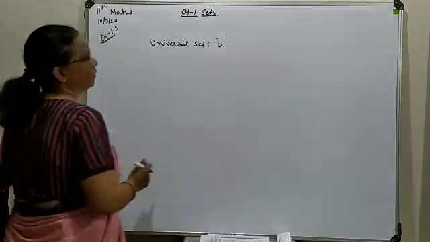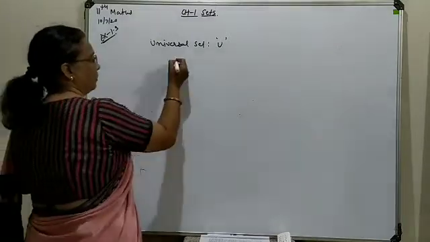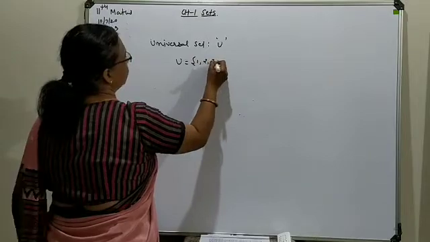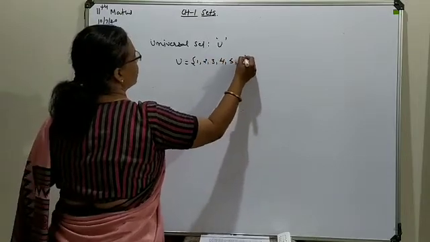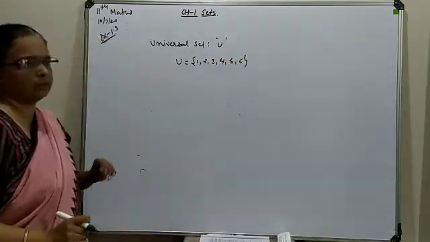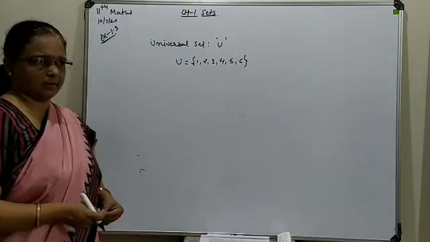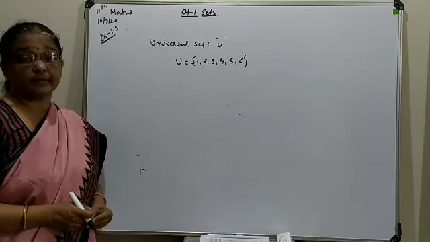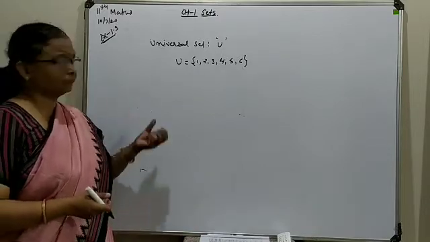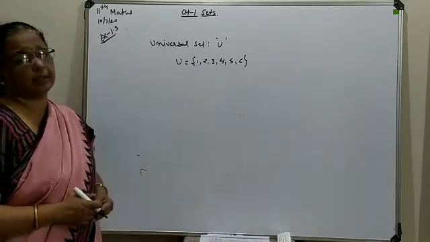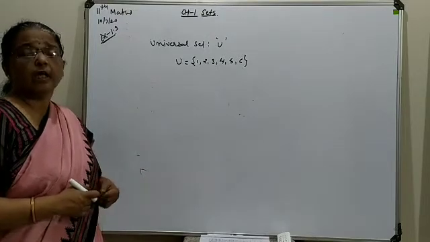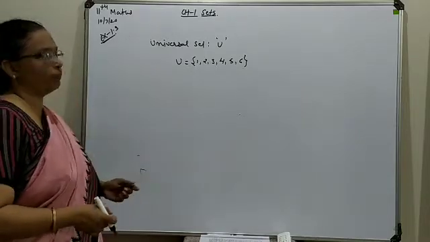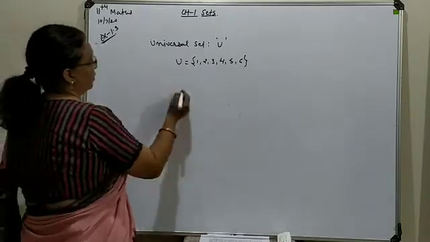to represent the universal set. For example, U we have taken as 1, 2, 3, 4, 5, 6 and many other elements that can be included, even the set of natural numbers, the set R, or the set Z. The largest set you can consider as a universal set. On the basis of that, subsets can be formed. With reference to this universal set, if you write